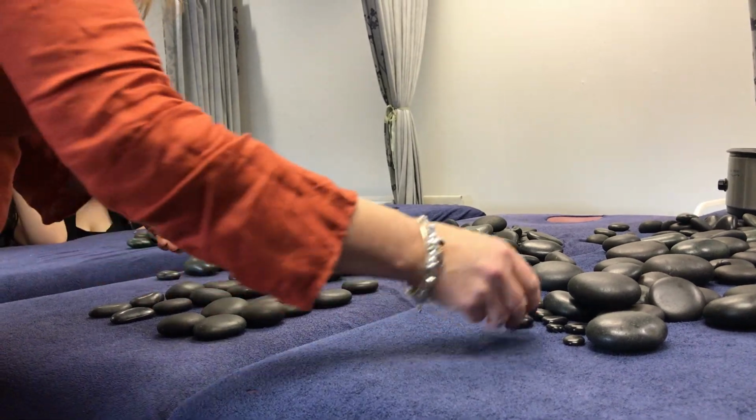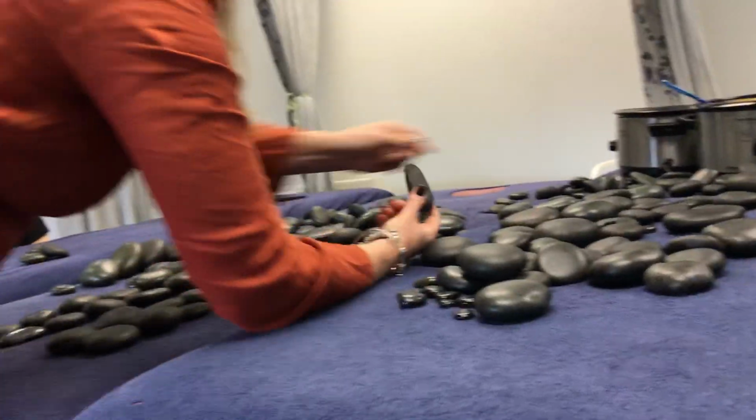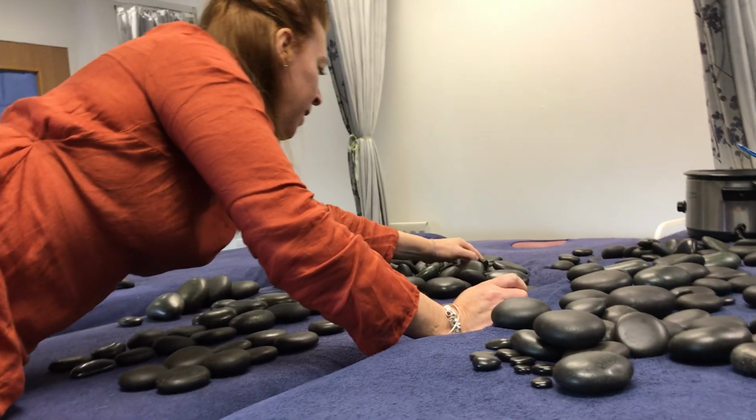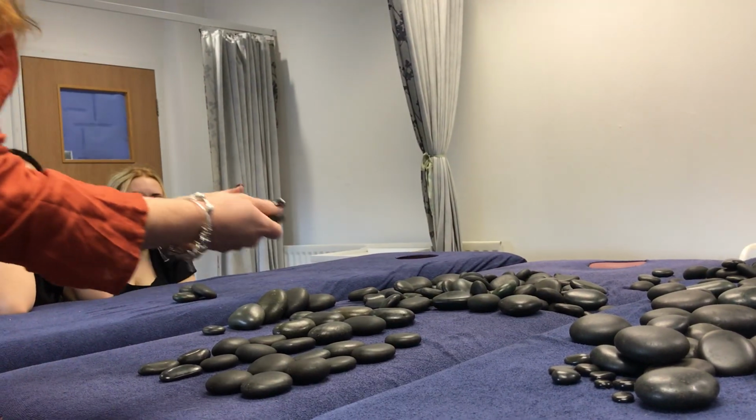Okay, and then you want to get 2 pointy stones like that. These pointy stones, these are great for trigger